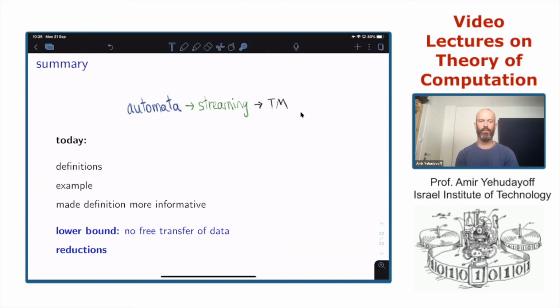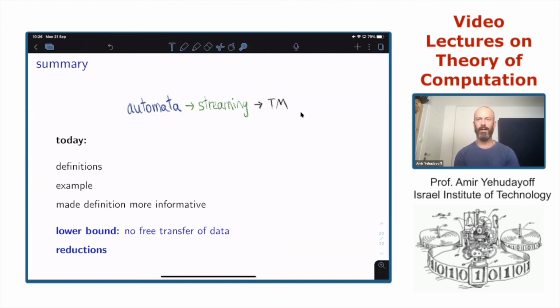And then we proved, the interesting part, a lower bound in this framework. The summary of this lower bound is that there is no free transfer of data. If you want to move some information from one place to some other place, you need to pay for it. This is maybe a summary of the intuition behind the proof.